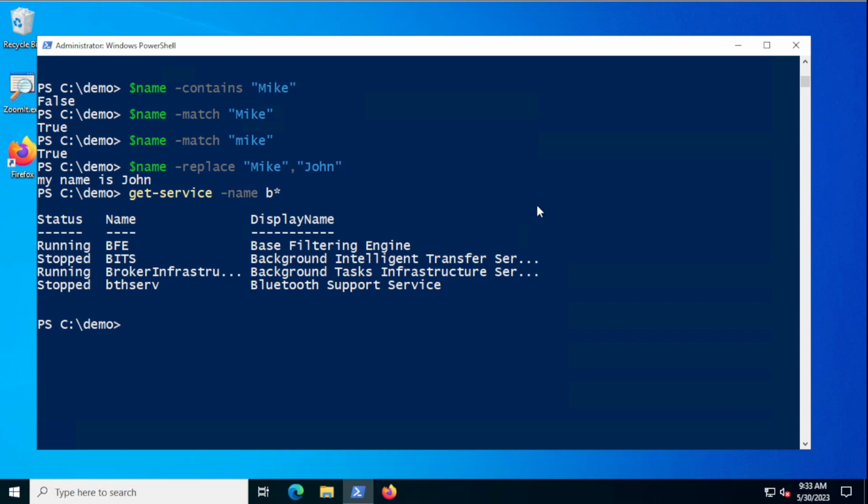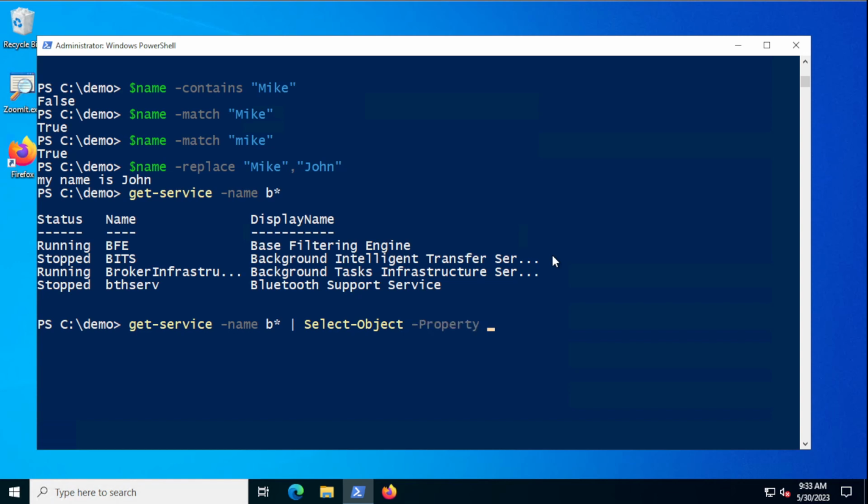So let's say I see these names, and maybe for whatever reason I want to convert them to uppercase. What I could do is bring this over to Select-Object,